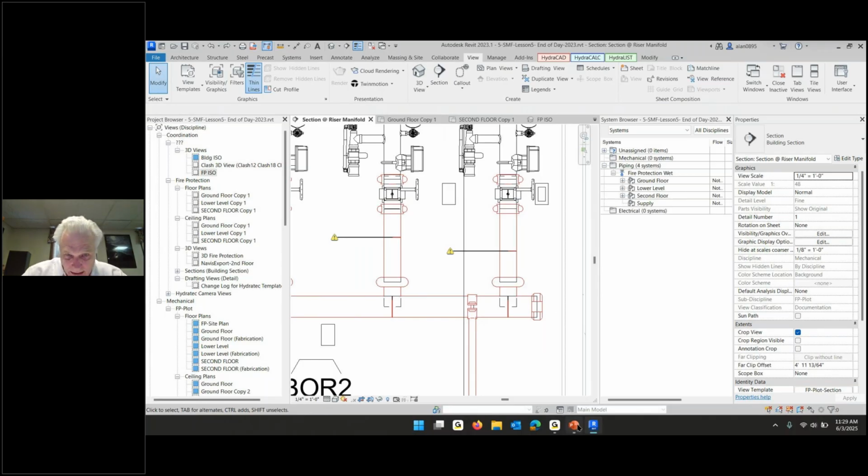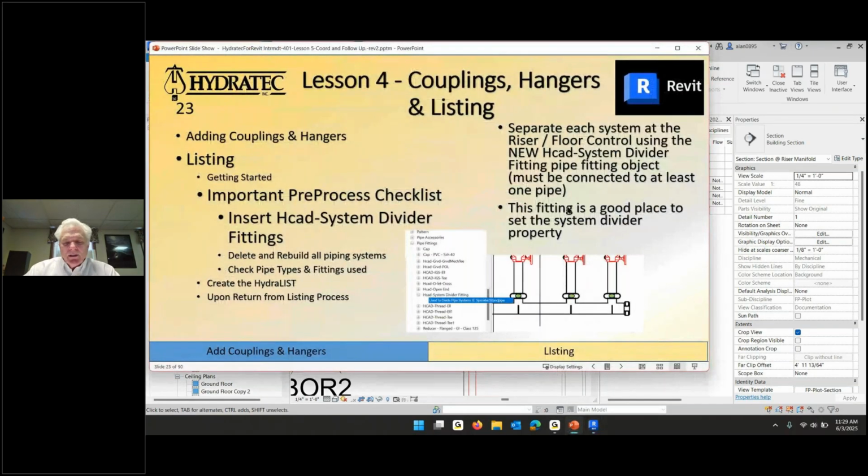And the tool for that, or the trick for that, is this fitting called HydroCAD System Divider Fitting. It looks like a coupling, and it behaves very special by saying, do not go put these things back together. I'm holding them together for every other purpose, but I don't want the systems to get put together through this